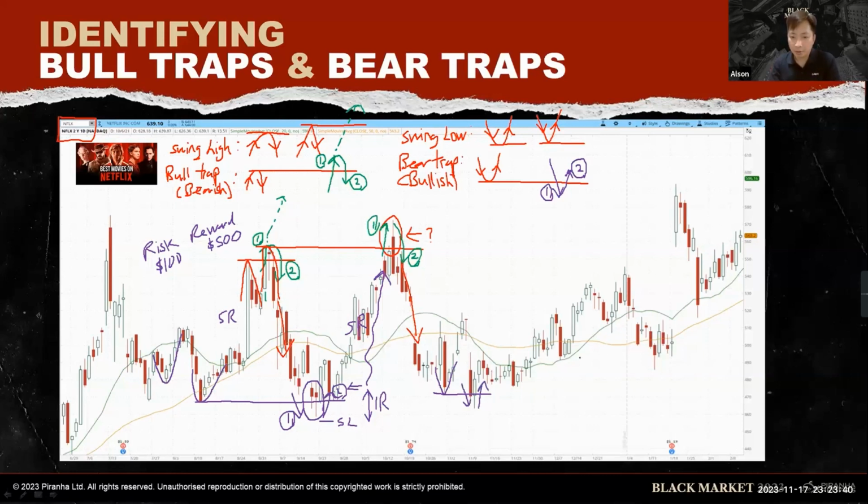And you can see over here as well, very subtle. This is a swing low, price goes down, goes back up, very subtle. And this one happened before the earnings. I can tell you guys, sometimes, if the bull and bear trap occurs just before earnings, it's like the market maker telling you that he's going to go in the reverse direction. That means if there is a bear trap, the market maker is giving a hint that he's going to gap up later. It's like he's accumulating because maybe he knows that there's good news later, so he wants to gap up later. I've seen that a lot of times.